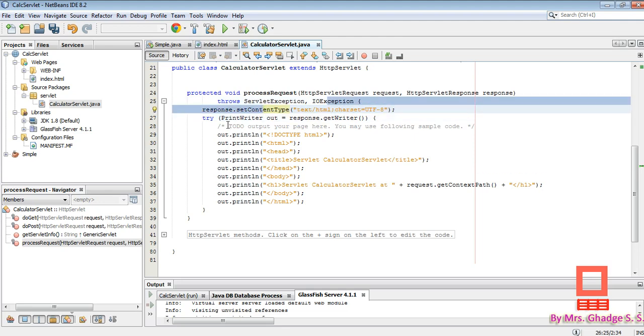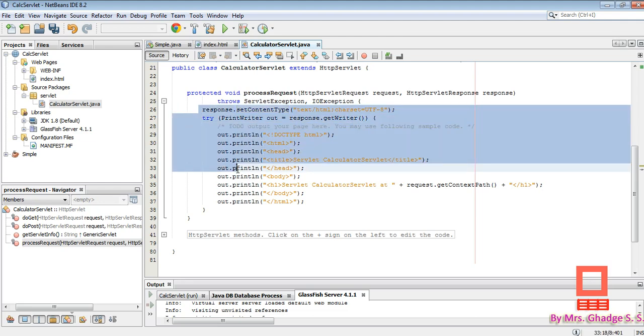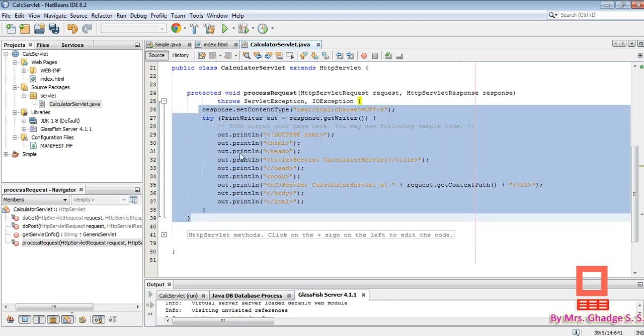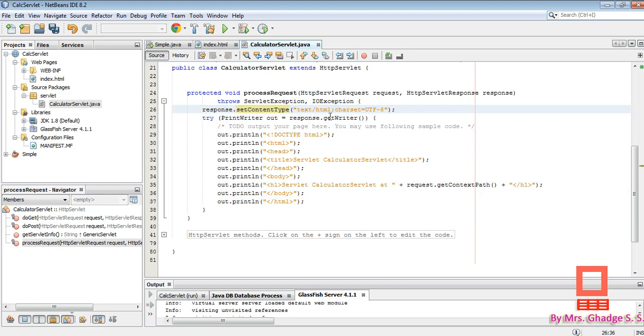Then by default you will get some code here. The first line of code is response.setContentType. Whatever response is formulated will be sent in the form of text/html, using the character set UTF-8. This line is important. Then in the try block there is one line: PrintWriter out = response.getWriter().